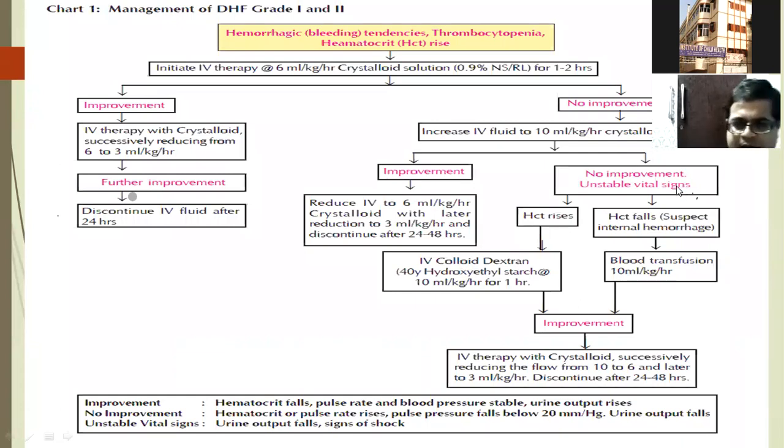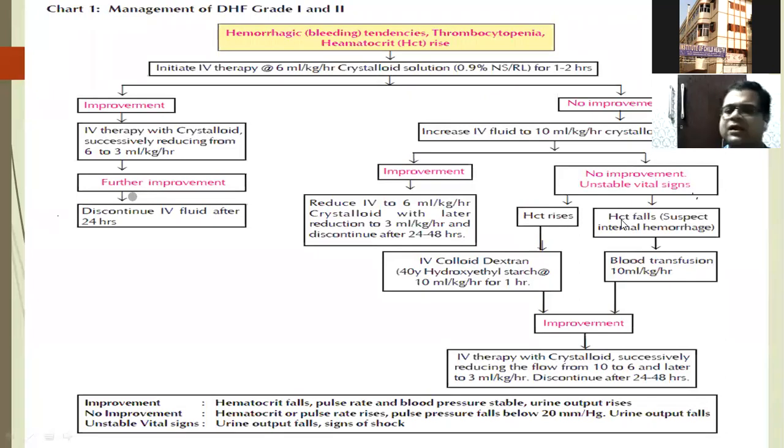repeat a hematocrit. If the hematocrit rises, that means you have given initial fluid boluses. So already you have given lots of crystalloids, but you still feel that the patient will need some sort of fluids. So here lies the importance of follow-up. Do not start colloid from the beginning. Here lies the importance of colloid. You have to give just a colloid bolus. I will tell you what colloids are available and what the side effects are.